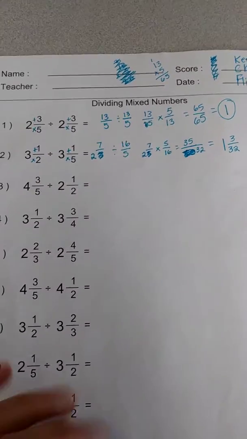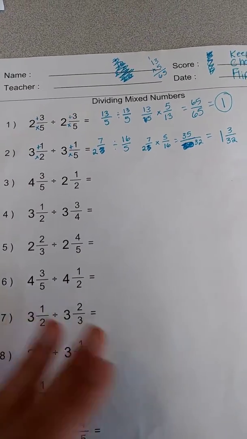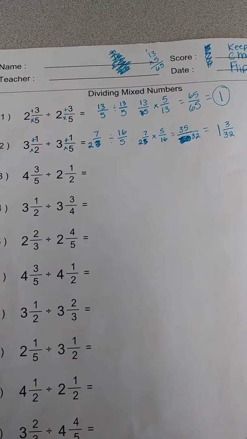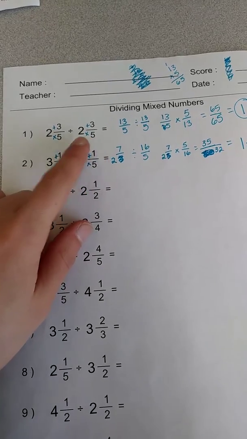Alright, today I'm going to show you how to divide by mixed numbers. Dividing mixed numbers is very similar to multiplying mixed numbers, except for one tiny thing in the middle of the problem. So the first thing I need to do is take these mixed numbers and convert them